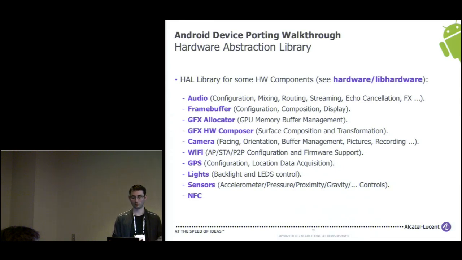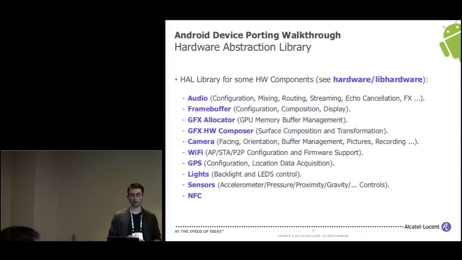You may have, however, to modify the camera HAL component, which is really specific to the sensor that you may have chosen and to the different effects that you want to do with the camera. And the audio part, as I said, is also one really tricky component that you may have to hack.